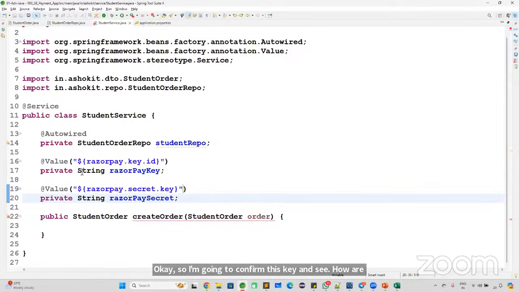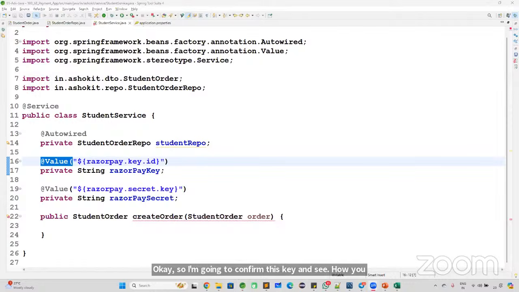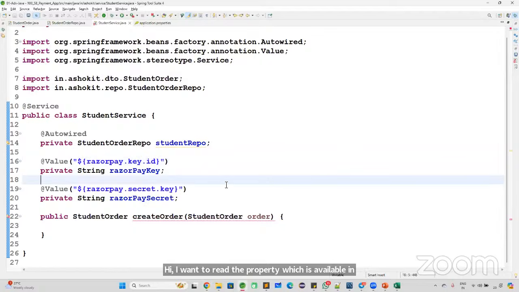Are you guys able to understand what is the purpose of this @Value annotation? Come on. What is the purpose of this @Value annotation? It is used to read the property which is available in the properties file. I want to read the property which is available in the properties file. So once we are able to read this,